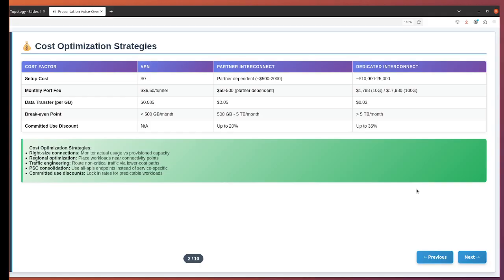Regional placement decisions have major cost implications. Placing workloads in regions close to your interconnect locations reduces latency and often reduces data transfer costs. But this needs to be balanced against regional pricing differences for compute and storage. Committed use discounts for bandwidth can provide significant savings if you can predict your usage patterns. But be careful. These commitments can lock you in for 1 to 3 years, so ensure your architecture is stable